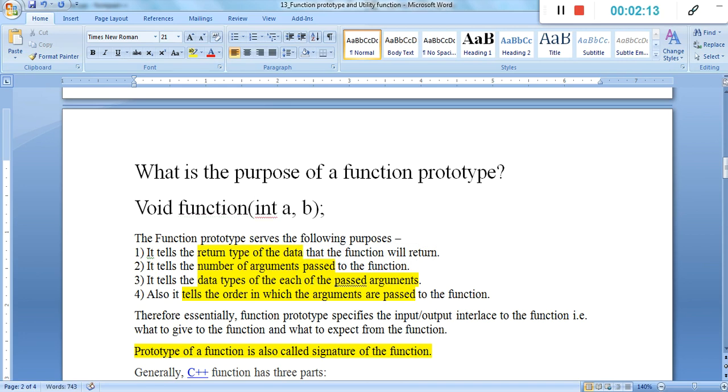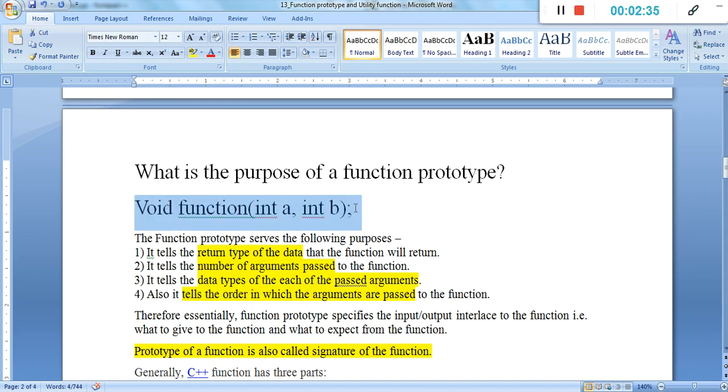You can mention it like this, int a, int b, whatever the parameters are, the data types of those parameters are defined like this, int a, int b, that is the data type of each passed argument. Then it tells the order in which the arguments are passed, a is passed first, then b.